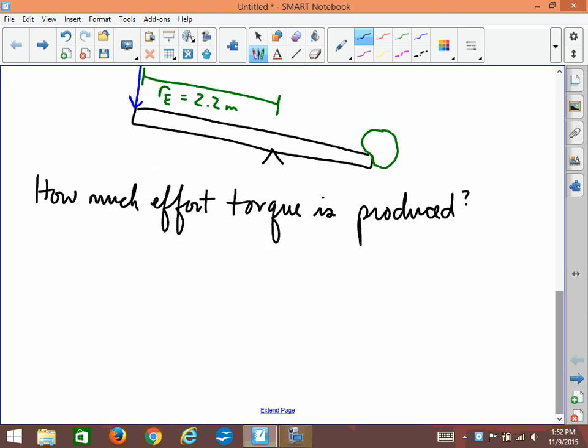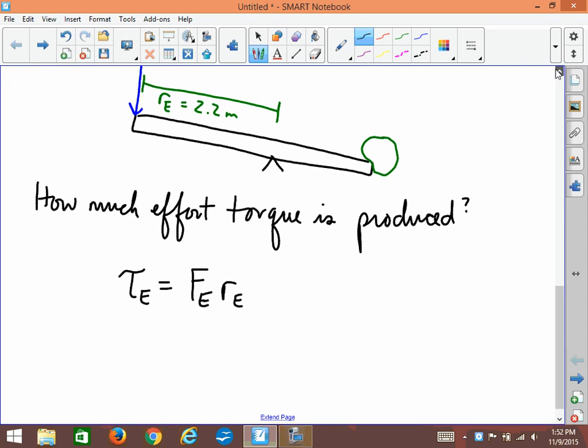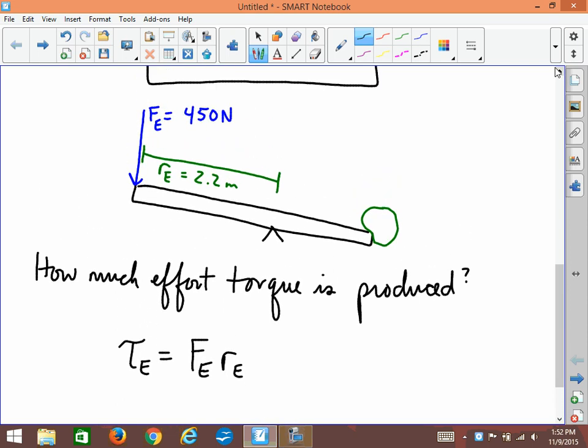Well, the effort torque is equal to the effort force times the length of the effort arm, right? And that force would be 450 newtons multiplied by 2.2 meters. And the answer then would be about